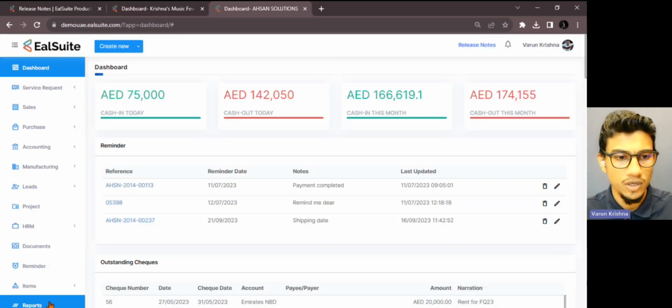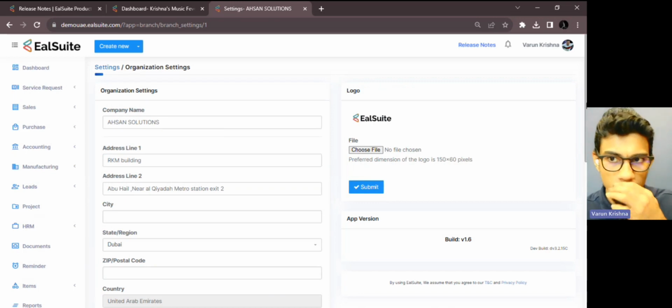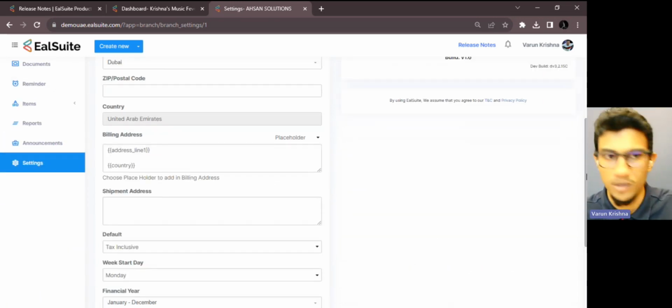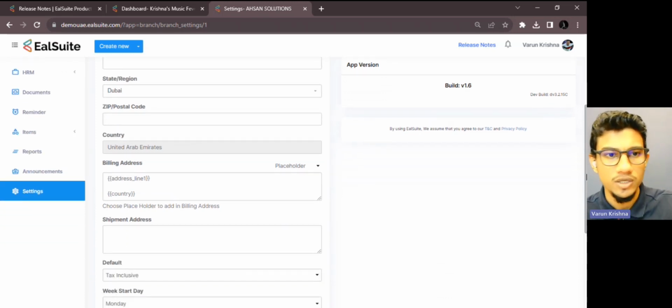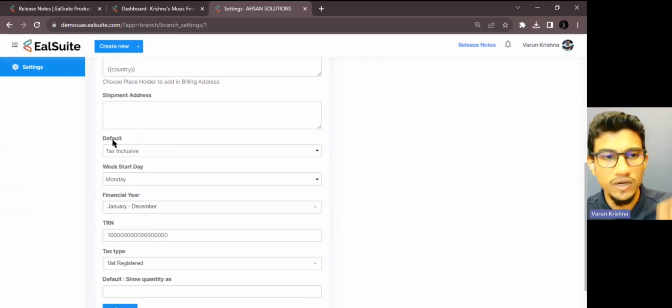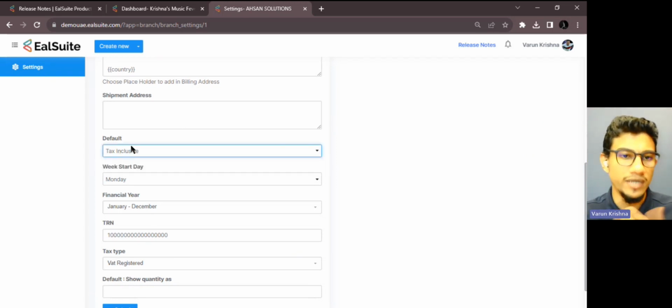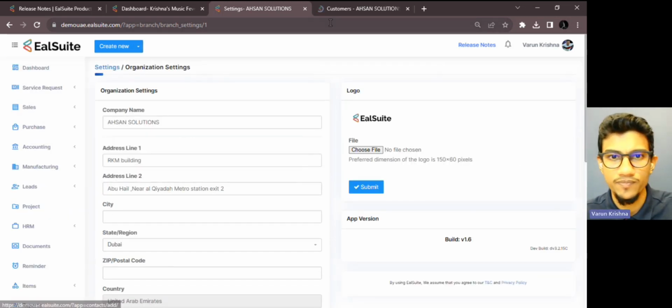Why? Because let me show you how this is set under organization setup. If you come down, there will be a default. I mean, here you will be able to have a company name, address, city, state, postal code, the country, billing address, and then you could see the default option for selecting the tax method. So right now it is set tax inclusive. So for any customer that you're creating,